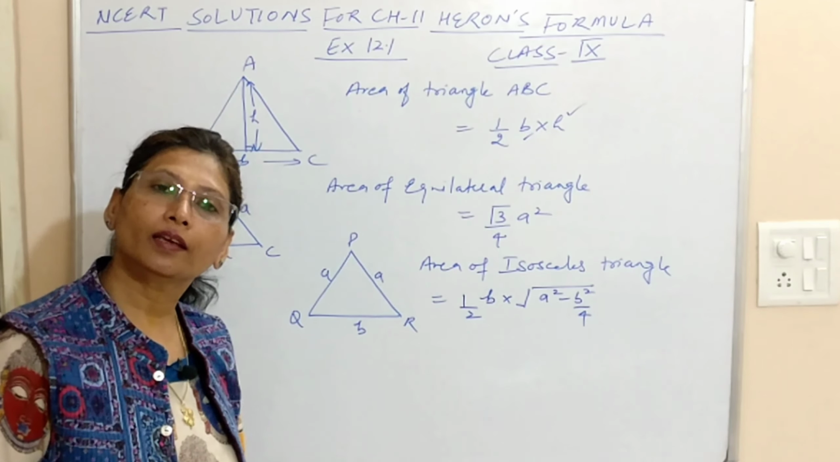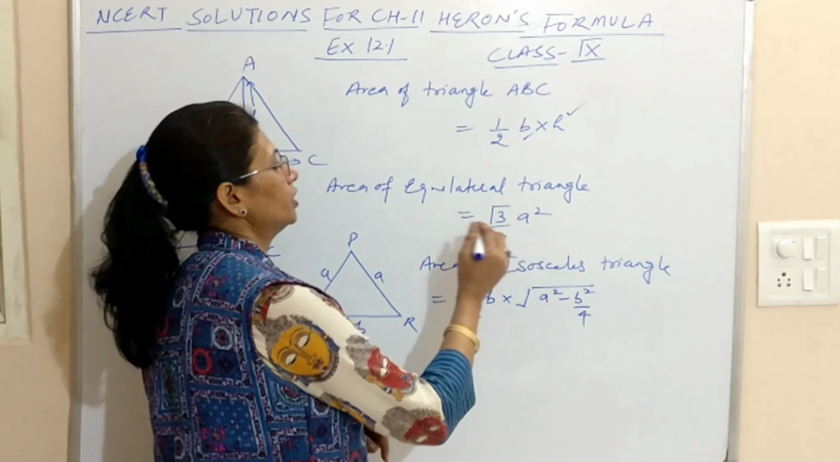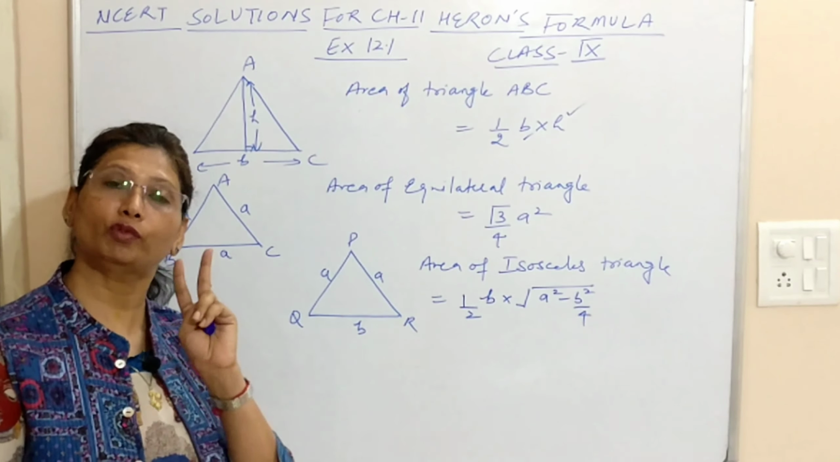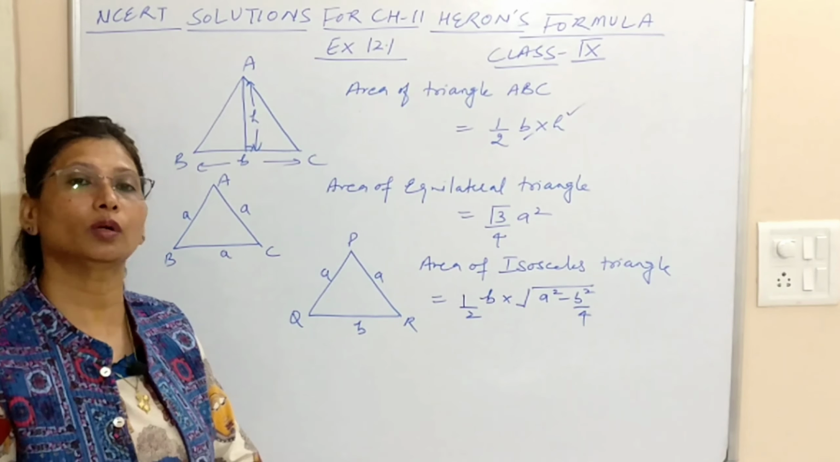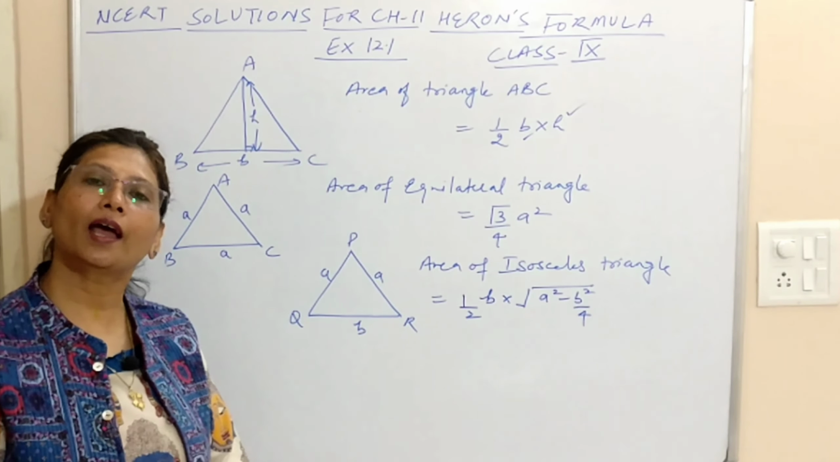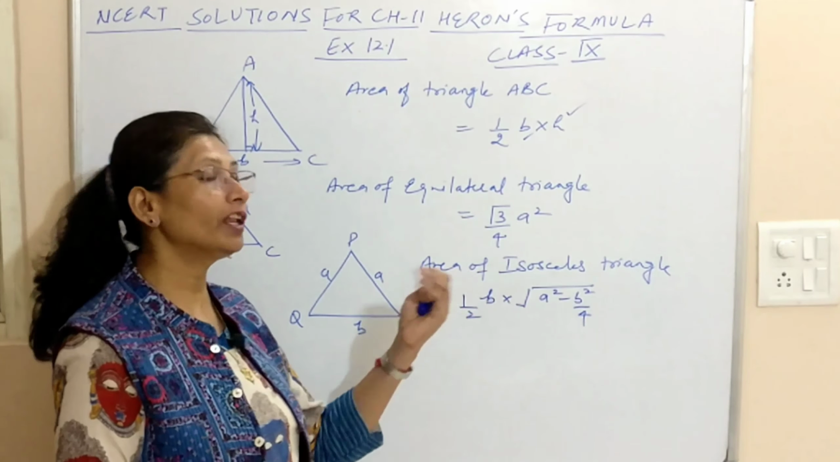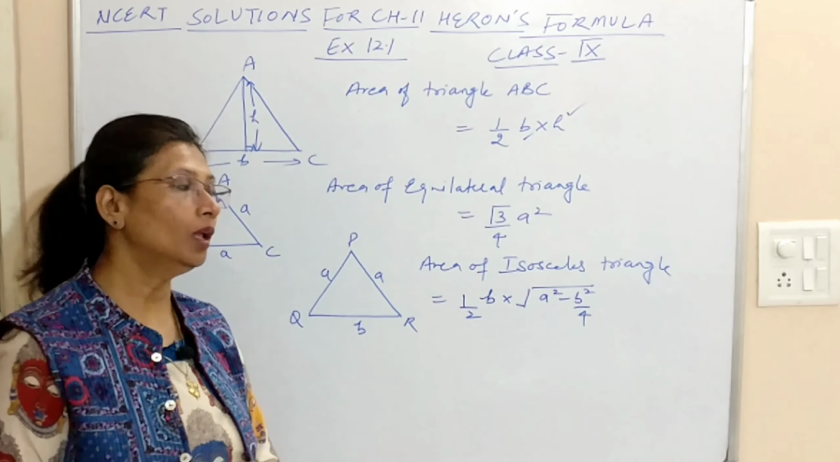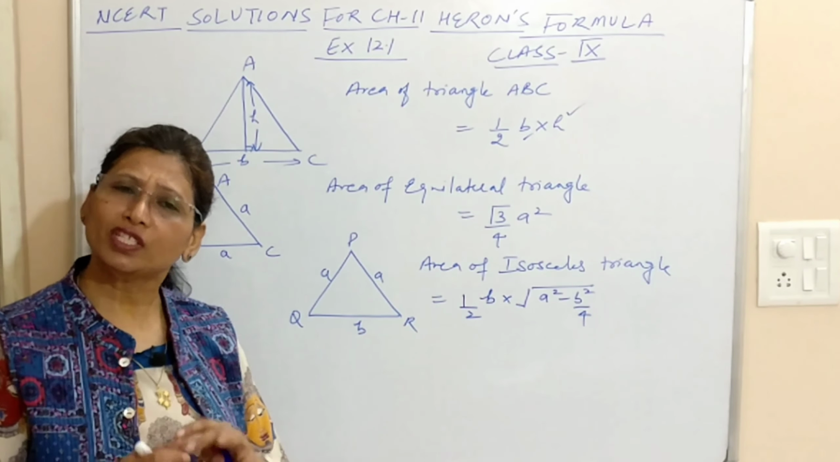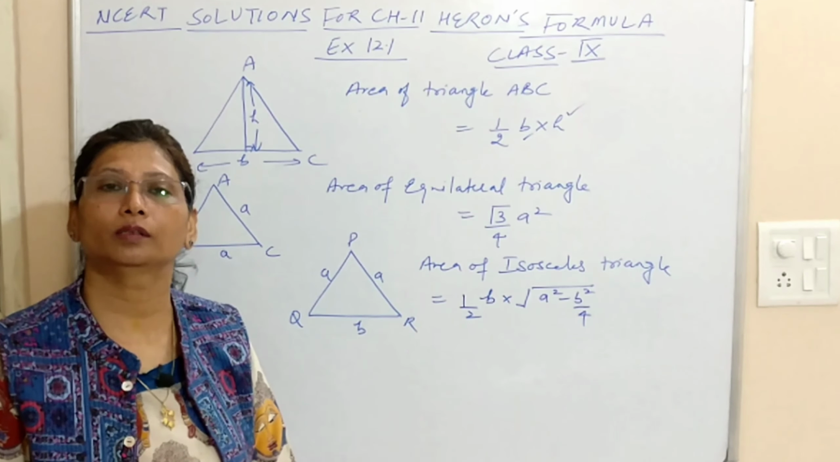Equilateral triangle का area क्या है? The area of the equilateral triangle is √3/4 a square. Isosceles means you have two sides equal and one side unequal. So if you take equal side as length a unit and the base as b unit, the area of isosceles triangle would be b upon 2 into √(a square minus b square by 4), which is rarely used because